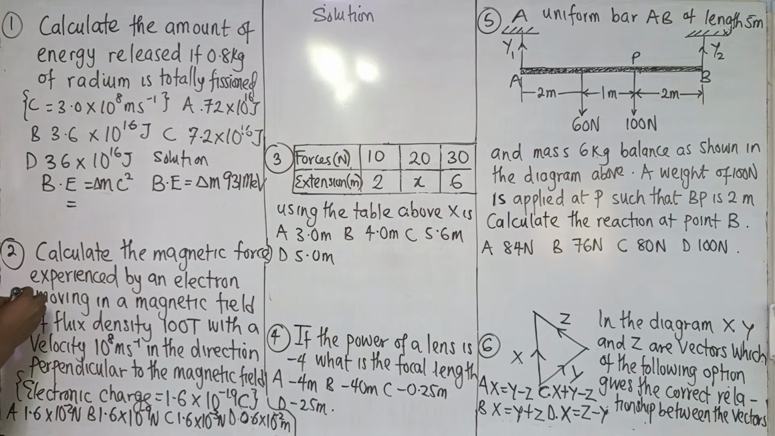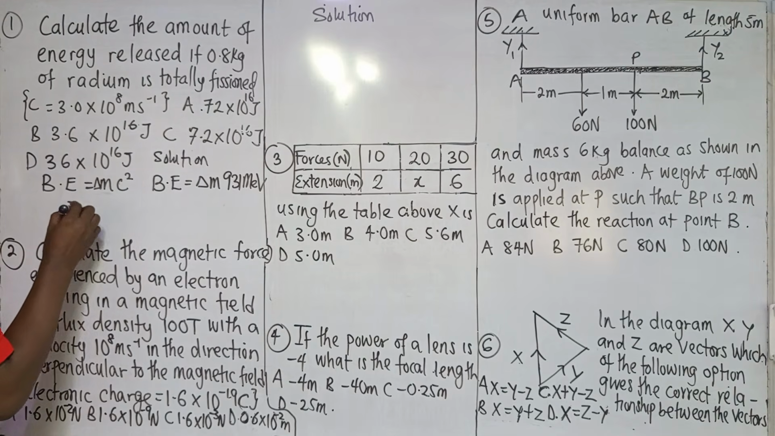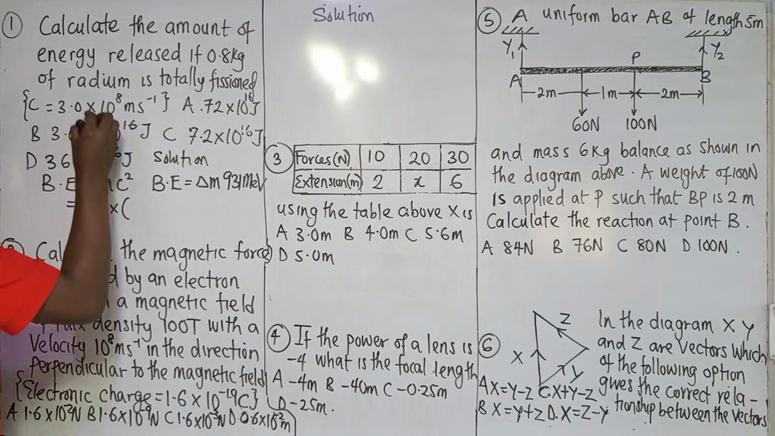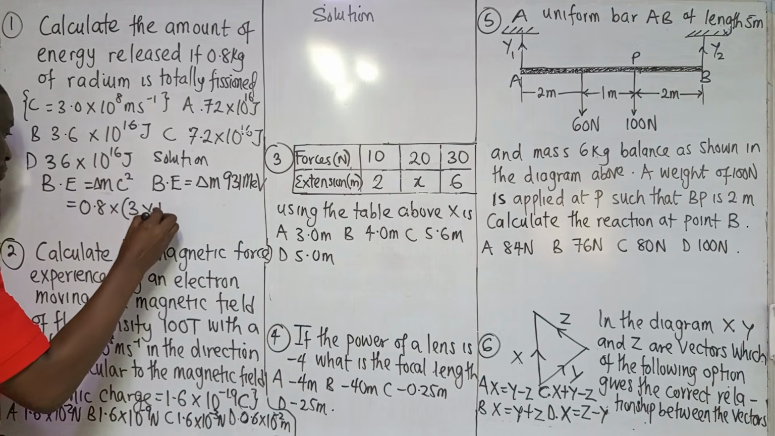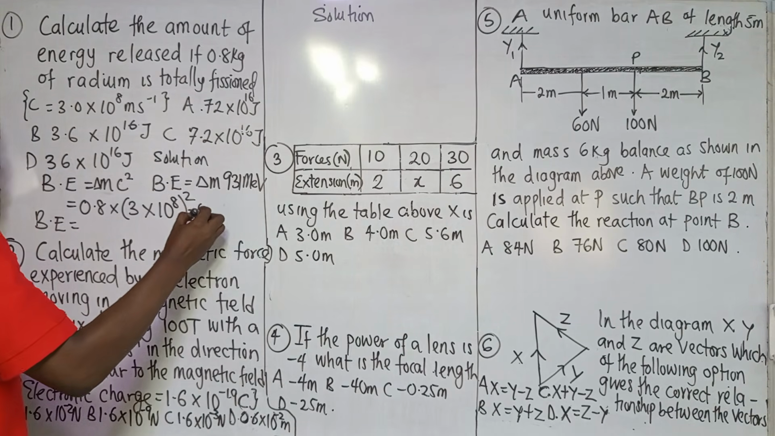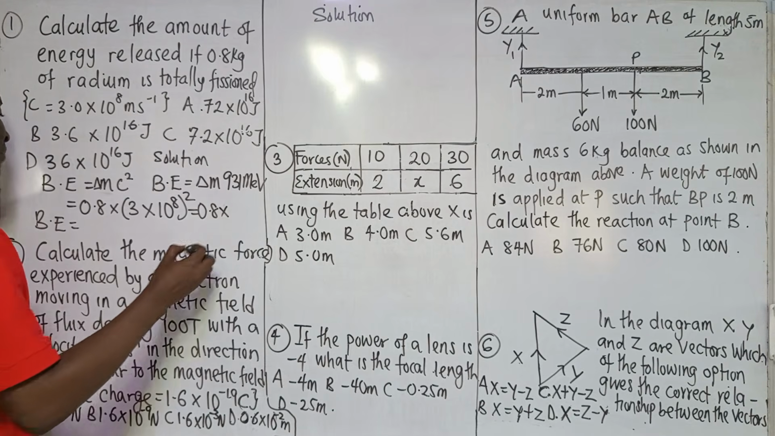So the mass defect, we assume the mass given to us, which is 0.8, is the mass released. The binding energy is the mass defect times the speed of light squared. Our speed of light c is 3 times 10 power 8, all squared. So the binding energy becomes 0.8 times